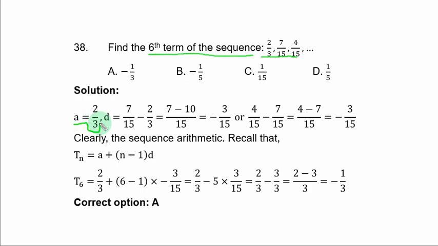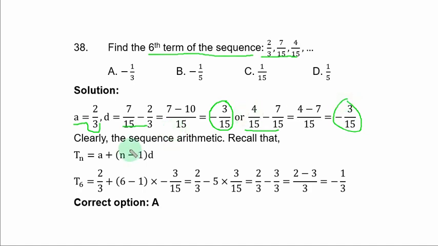Let us try if the sequence is an AP by getting the common difference. Common difference is second term minus first term. When you do that, you have minus 3 over 15. Let us verify if you have the same term if you subtract the second term from the third term. If you do that, you have the same minus 3 over 15. This shows that the sequence is an AP,